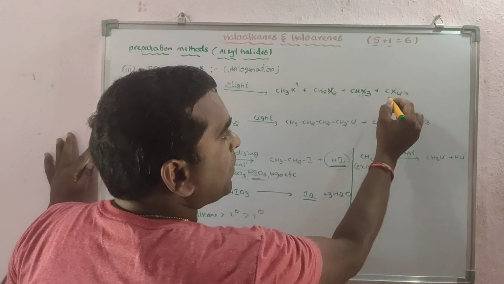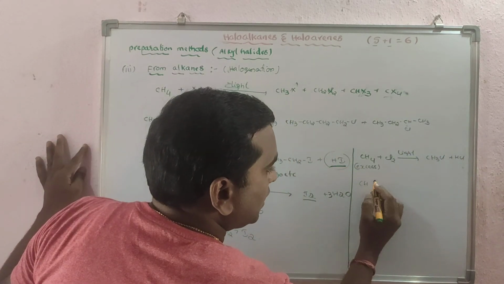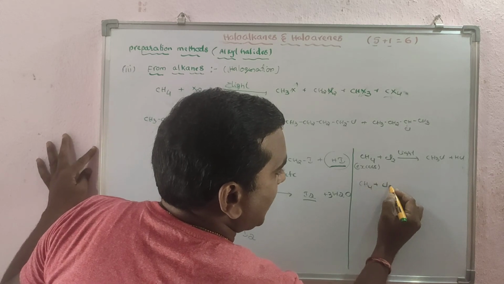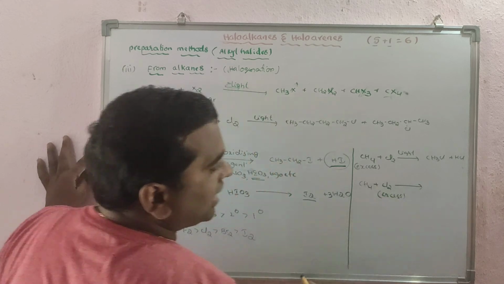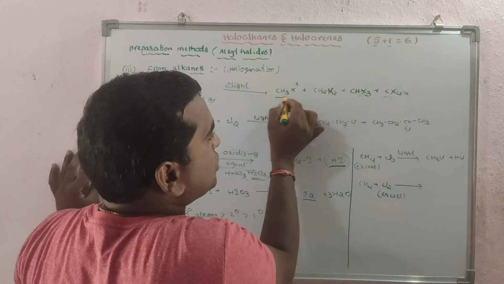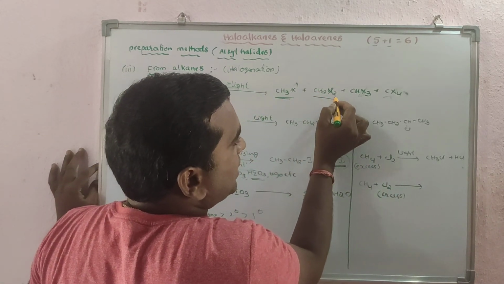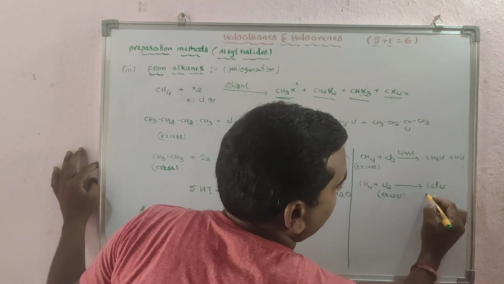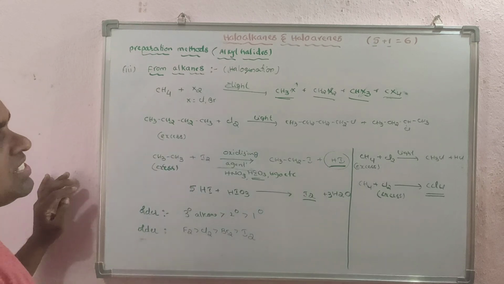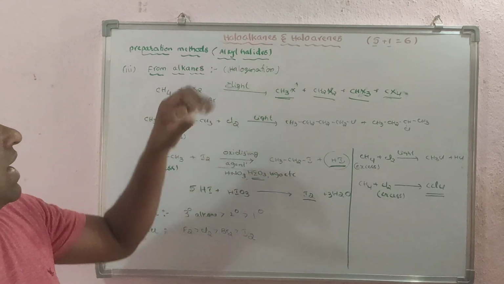If you want to prepare CCl4, then what do you have to do? Take CH4 and Cl2, and take an excess amount of this. Then what will you get here? Finally, the reaction will not stop here. It will go to CH2X2 and CHX3 and last you will get CCl4. Clear? So this is about the preparation of alkyl halides from the